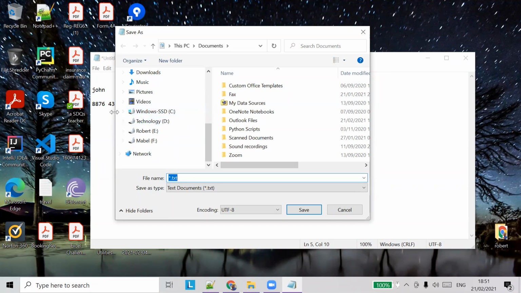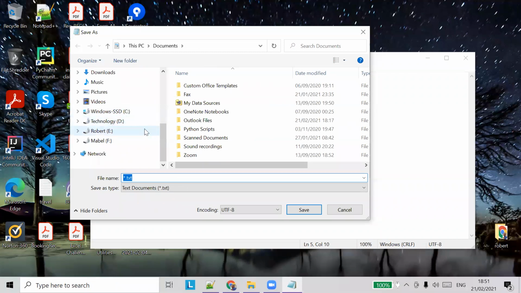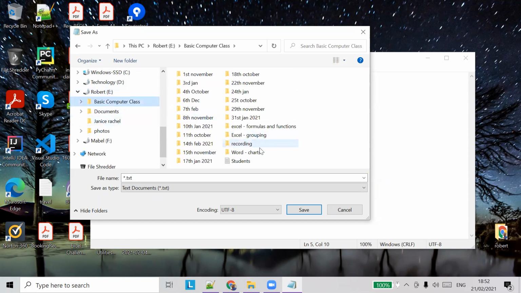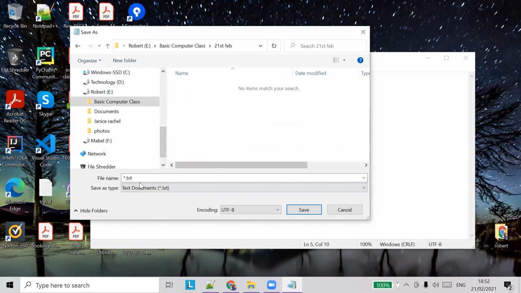Using that, you have to browse through the file explorer and save it in some location. Let's say I want to save it in this E drive. Open it, go to basic computer class, and create a new folder, maybe today's date, 21st. I will save this thing here.